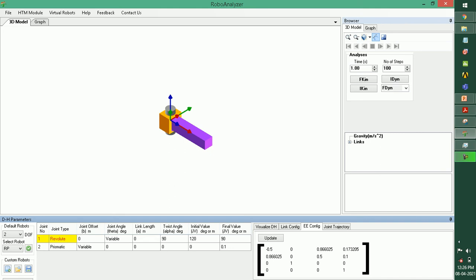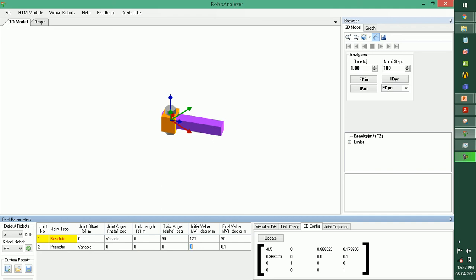After that, for the prismatic joint, the joint angle is 0 degrees, the link length which we found is 0, and the twist angle is also 0. The distance which we have to use as joint offset is around 200 millimeters given,